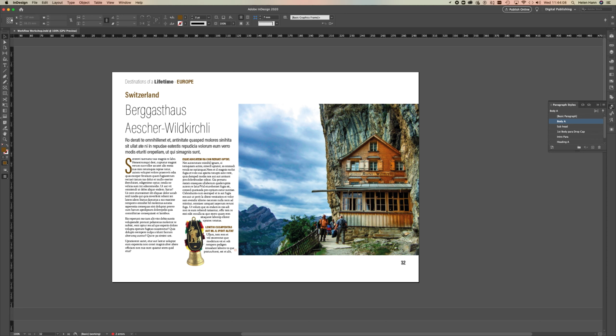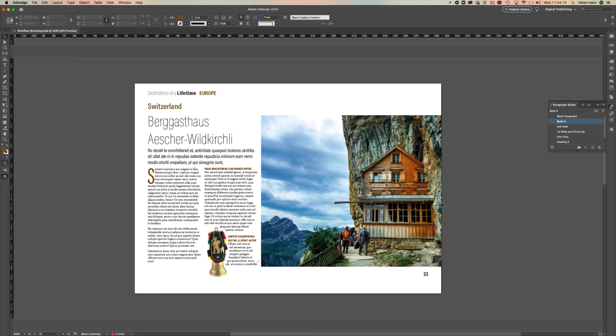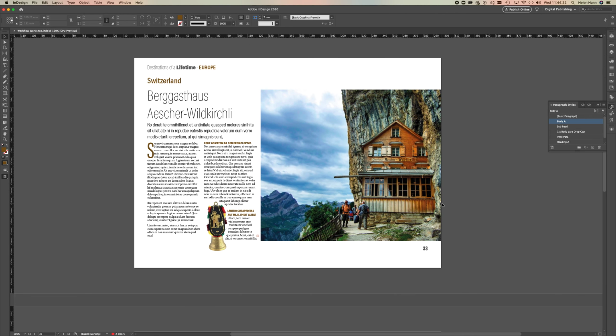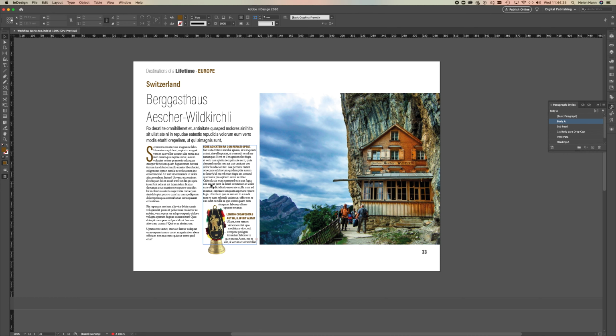Here I've actually got two near identical pages that I put together in InDesign. There's this one here and there's this one here, and as you can see they are very, very similar. But I'm going to start by showing you this second one here. The way this is constructed is possibly the most common thing that I've seen with how people tend to put a page together. If I just hover over these blocks of text, you can see that they're all in individual